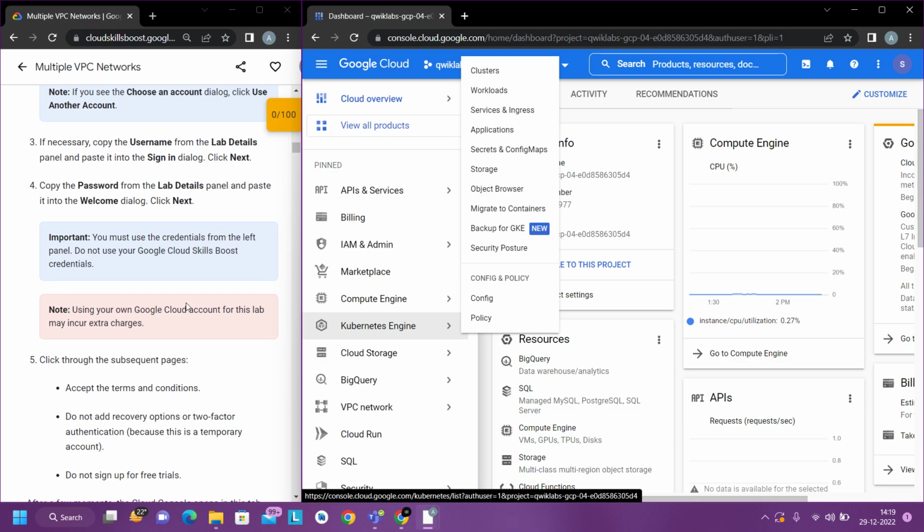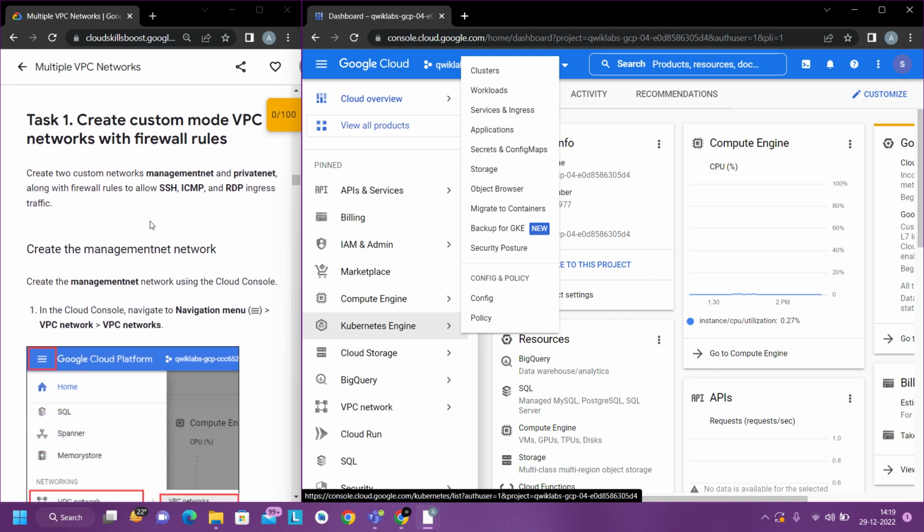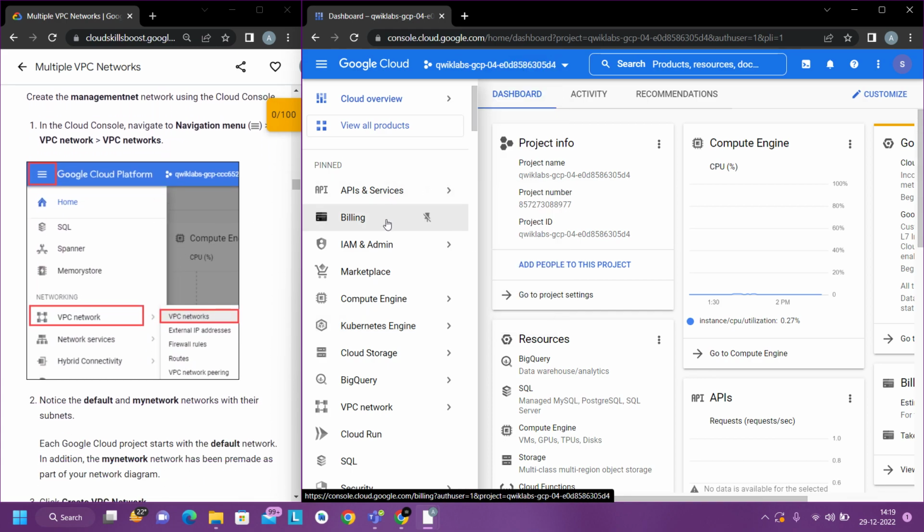So what is required in this lab, we'll just see. This is the authorization that we have already done. We first need to go to